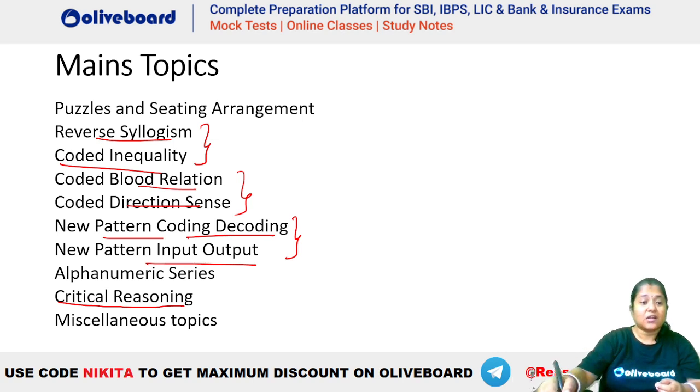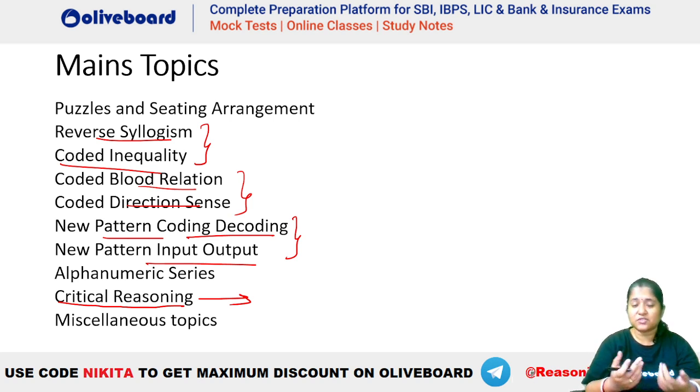Now, one very, very important topic that you come across in your mains is your critical reasoning, right? So in SBI Clerk you can have 5 to 6 questions or 4 to 5 questions at least from critical reasoning. So you have to prepare very, very well. अच्छे से उसके लिए preparation करनी है. You have to give it a very good preparation because you have 4-5 questions, right? अब 4-5 questions है, ऐसा तो नहीं कर सकते कि हमने उसको छोड़ दिया बिल्कुल ही कि हमसे नहीं होता,